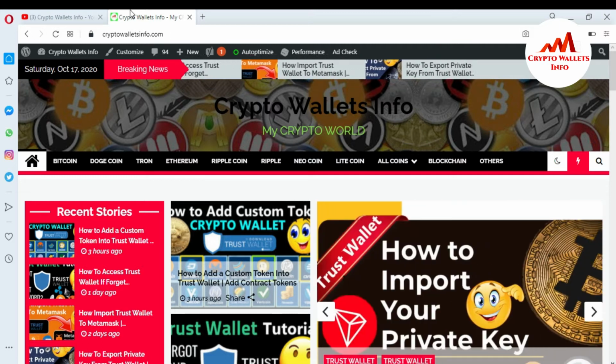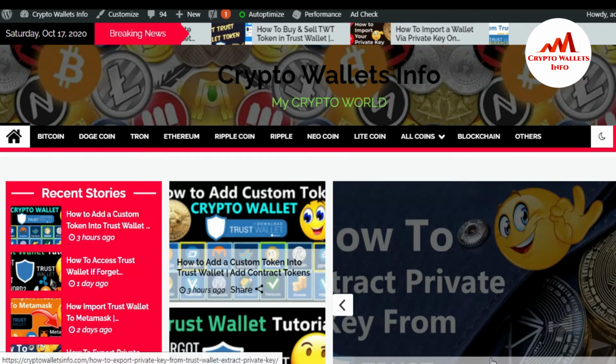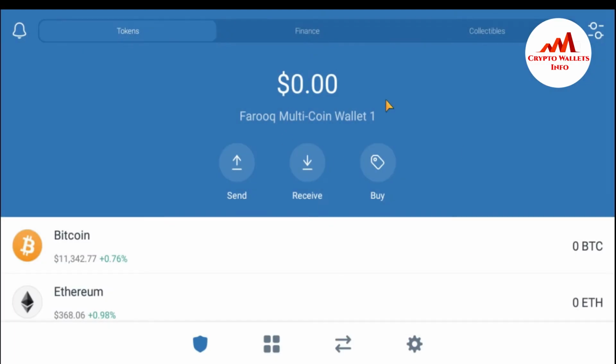So first of all, I'm going to open my Trust Wallet because today I'm going to get the private key of my Bitcoin or Ethereum or any coin. So just go to open. You can see here the Trust Wallet is open in front of me. First I need to enter my password here because my wallet is password protected. You can see here the Trust Wallet interface is open in front of me. If I want to get the private key of Bitcoin, Ethereum or any other coin, this way is very easy. You can easily get it. How is this possible?